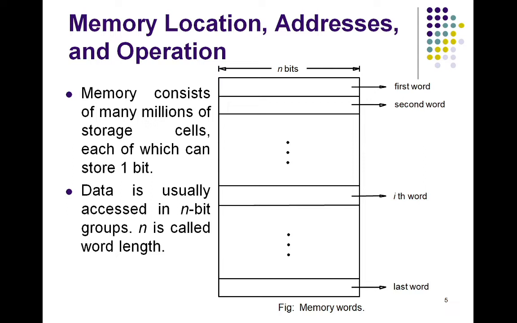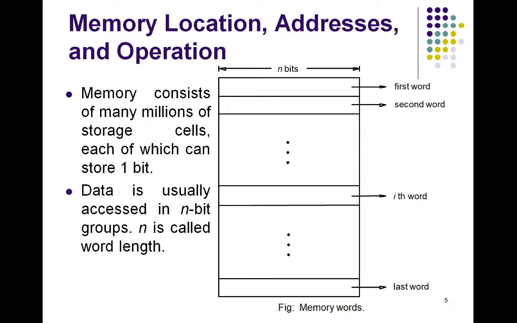Here we will now consider how the memory is organized. The memory consists of millions of storage cells, where each storage cell can store a bit of information having the value 0 or 1. Means memory will store the information in terms of storage cells, where each cell is capable of storing information in terms of zeros and ones. Means it will store the data in the binary form.